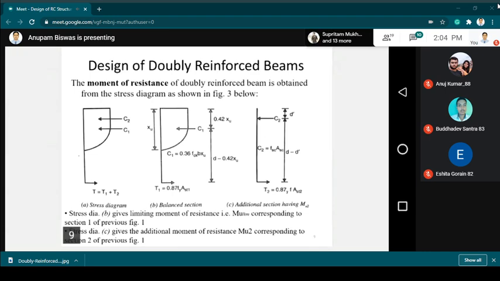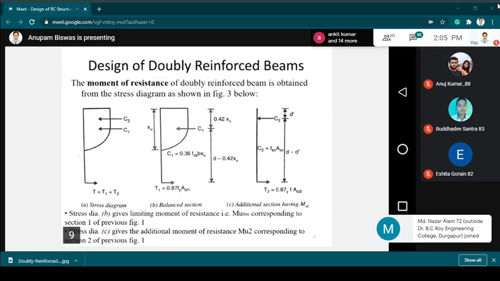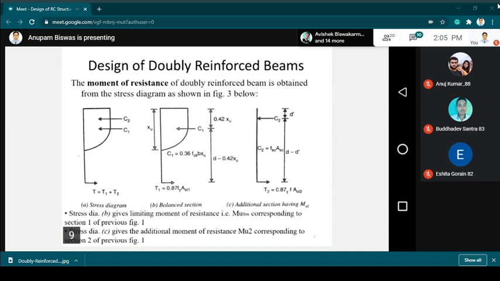And the maximum value of this stress at the top we know is 0.446 FCK. And the value of C2 will be for corresponding tensile reinforcement, and the distance is the effective compressive zone distance,